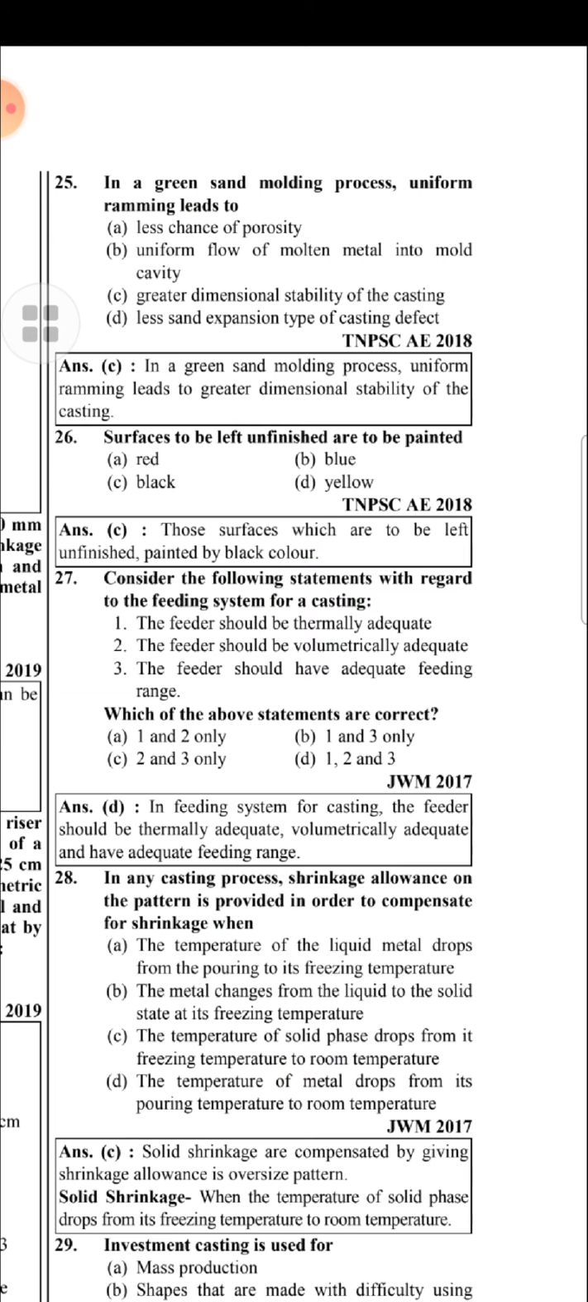Consider the following statements with regard to the feeding system of a casting. The right answer is 1, 2 and 3, all of the above. The feeder should be thermally adequate. The feeder should be volumetrically adequate. The feeder should have adequate feeding range. In a feeding system for casting, the feeder should be thermally adequate, volumetrically adequate, and have the